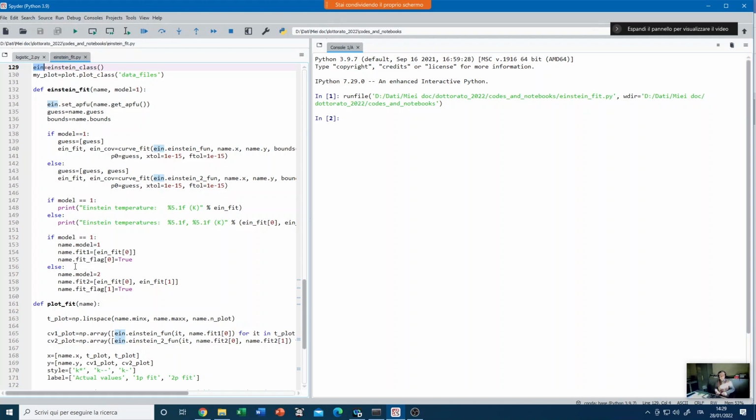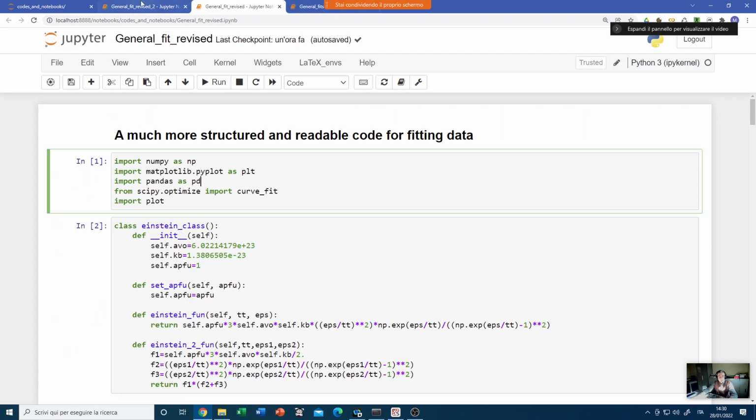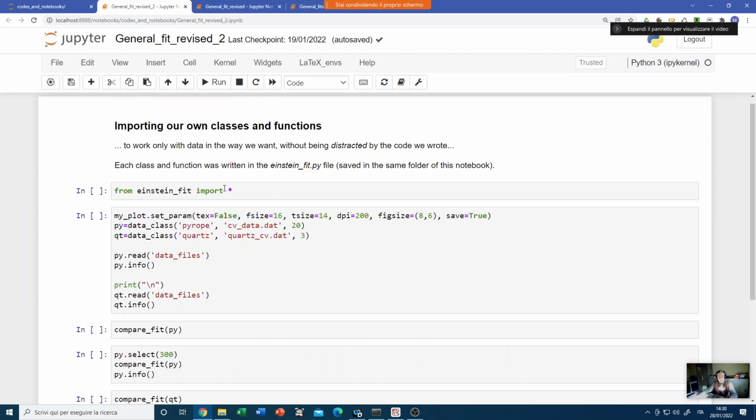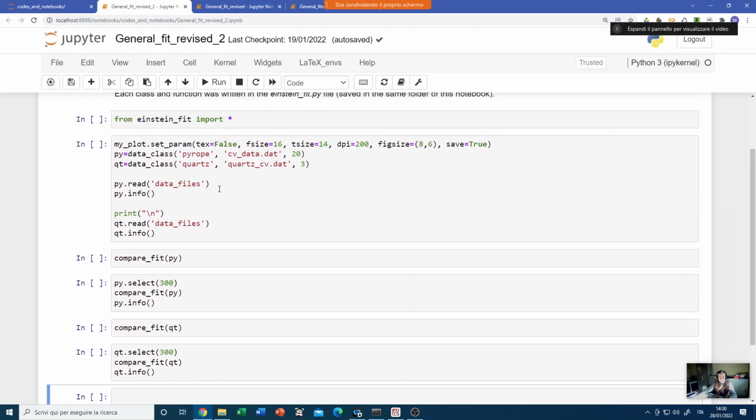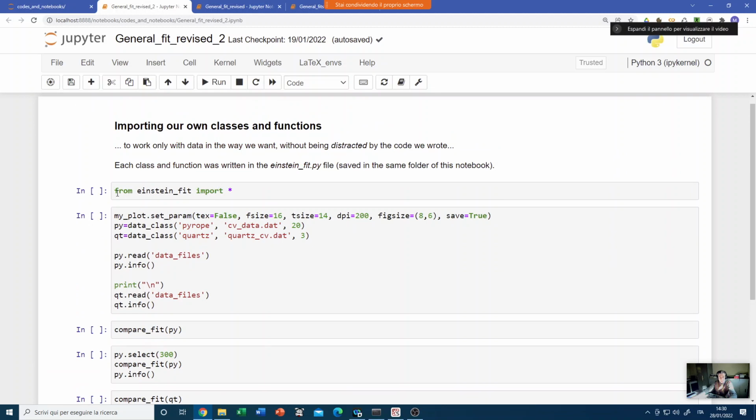So things will be better organized on your disk. And when you load one file, you load a specific file containing some information that you already know is inside. But anyway, in this case you have this file, and so you can think of another Jupyter notebook intended for users, where there are no longer any class and function definitions. You just see what you need to make the computation. And so you have to